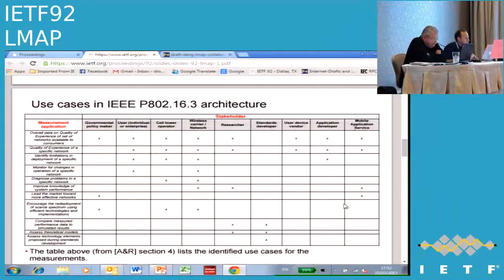And about which are the use cases that can be there in the network. The quality of experience experienced on a set of networks available to the end users is specifically one use case that is important for a number of these stakeholders. And if we focus on a specific network, it is a subset, let's say. But even identifying a limitation in deploying the specific network is a potential use case, because there can be